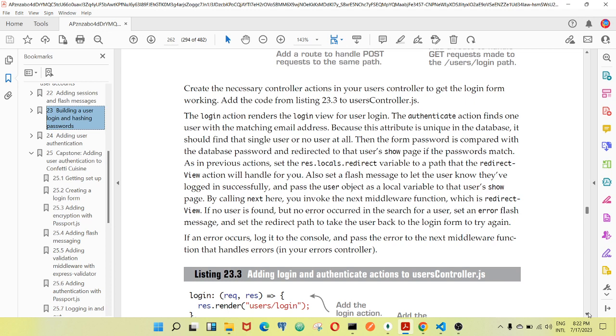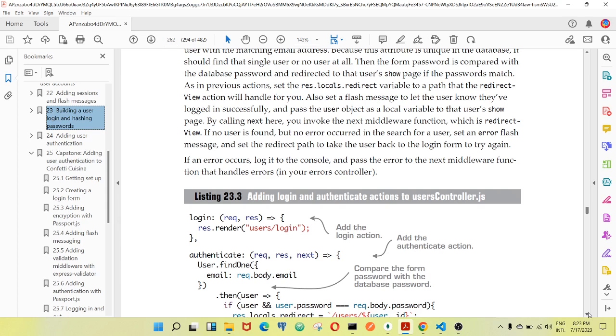As in previous actions, set the res.locals.redirect variable to the path that the redirectView action will handle for you. Also set messages to let the user know they've logged in successfully, and pass the user object as a local variable to the user's show page. By calling next here, you invoke the next middleware function,